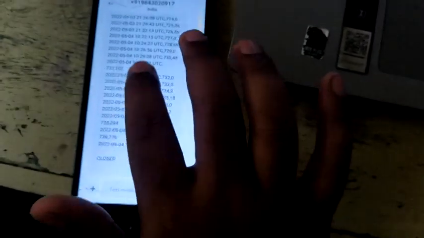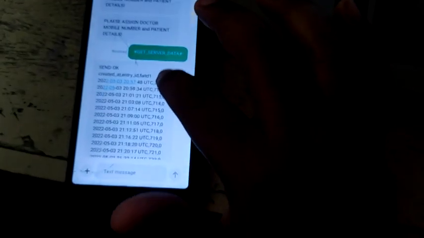So you can see this last digit is our pulse rate. Because we had not put our finger on it, we got some random data, some raw 0 data, 0 and some random data. Our last data is 99. We got it here. We also got the time and date.